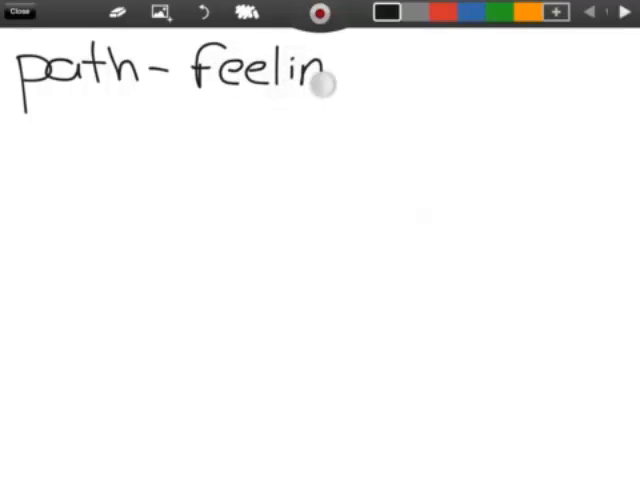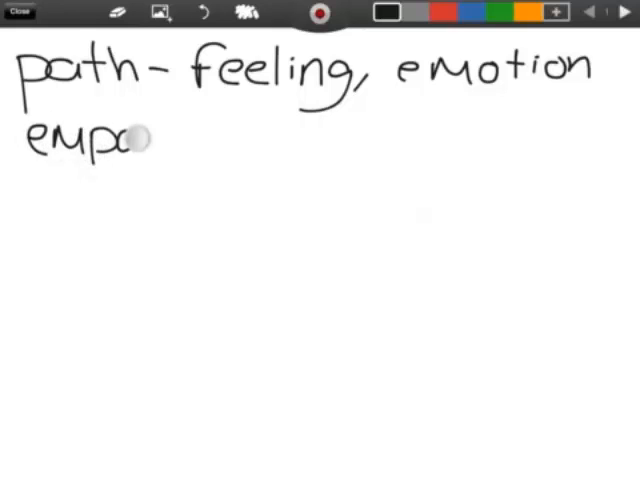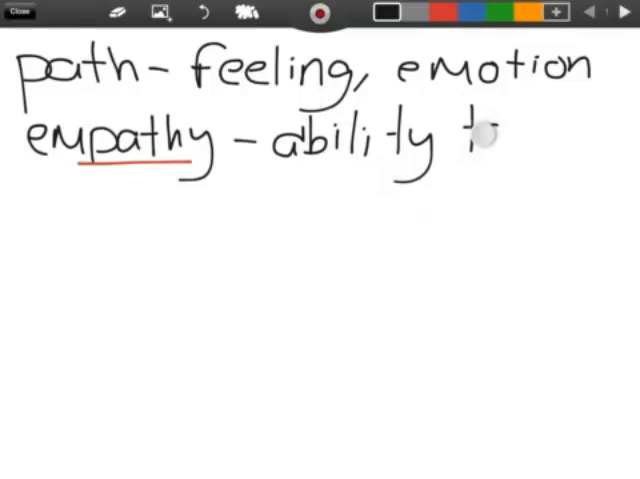Our first root is path, meaning feeling and emotion. I'm going to go ahead and give you an example here. I'm going to say empathy. And I'm going to underline this root for you so you can see it much more clearly. Empathy means ability to understand